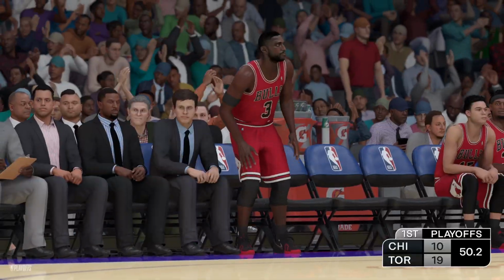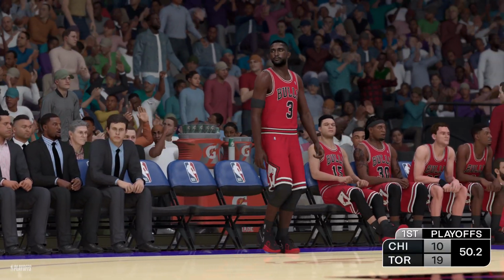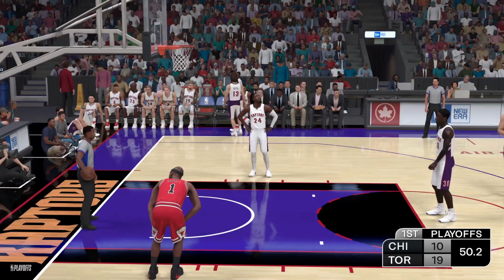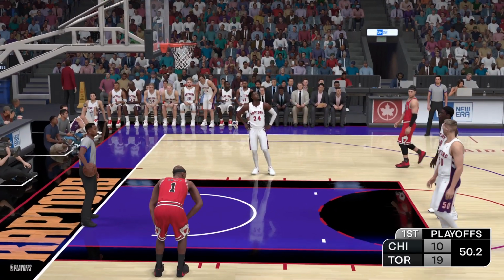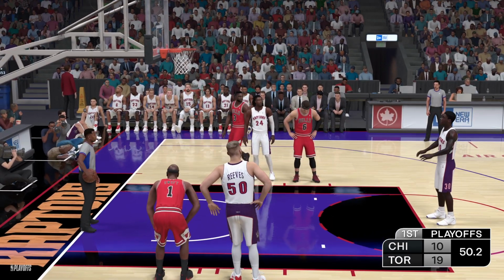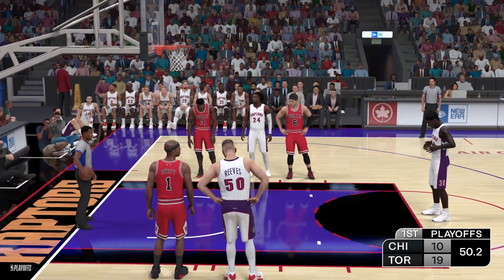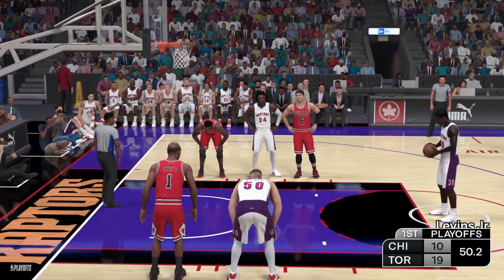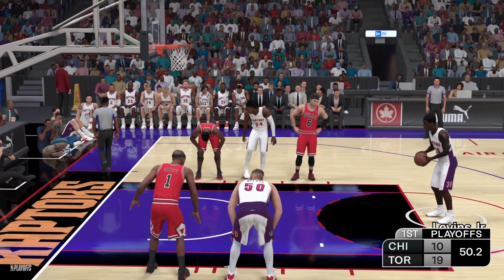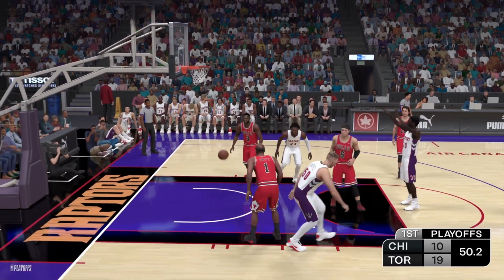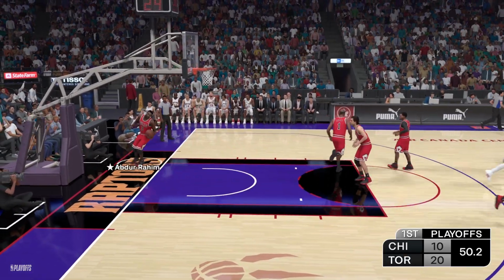Levins. Some changes for Toronto. Reeves is checked in, and it's Childress in for Steve Nash. And good on the second, so he makes them both.